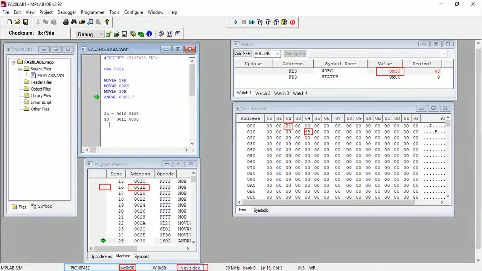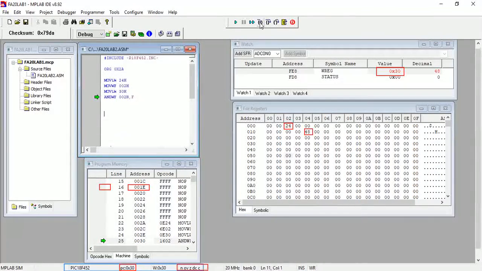If we apply the AND operation, its result will become 0010 and 0000. So it will lead to what? The result will become 20 hex, right? Let's see if it is going to work or not. We are expecting 20 in this position. Why in this position? Because in the d bit we have written f, which indicates the file register. If d is equal to 1 or f, the result will go in the file register location.